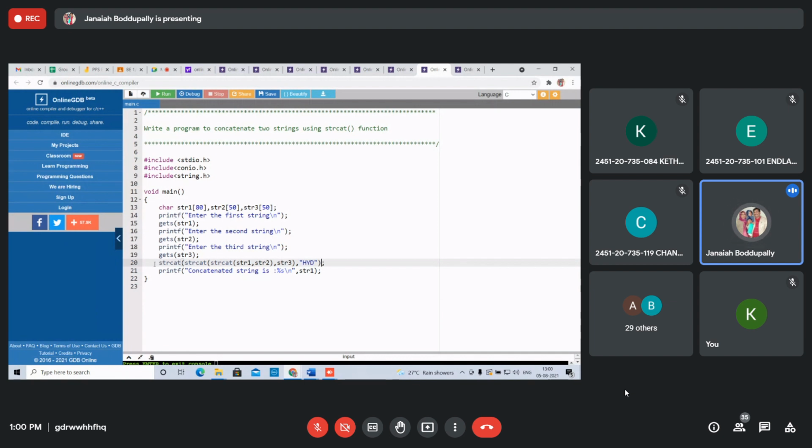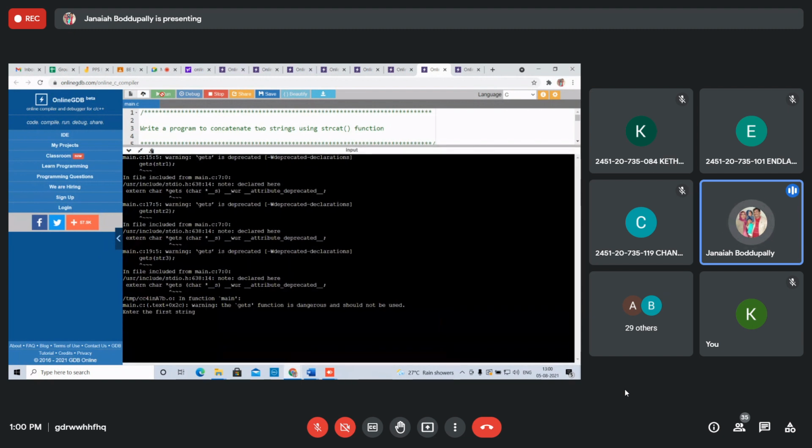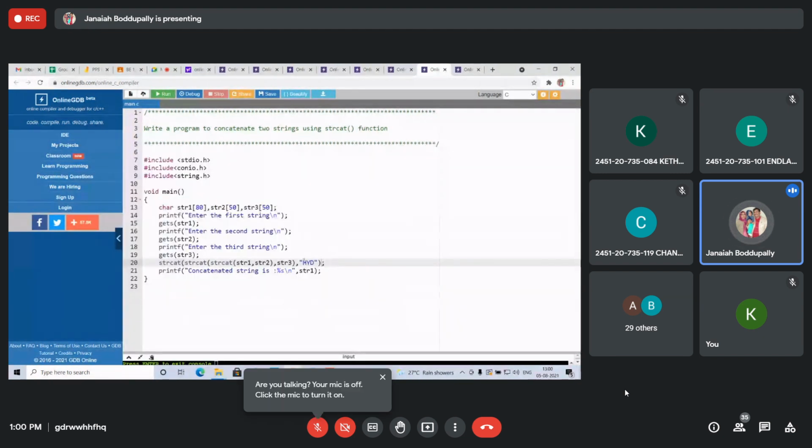The other string, the 4th string, is HYD. I'm giving it directly. Same like Ram, the first string, Rahim, the second string, Robert, third string. Only 3 strings were taken from the keyboard. HYD also appended to that, and the nesting of Ram, Rahim, Robert, and HYD is also there. HYD is not taken from the keyboard, but you have given it directly.